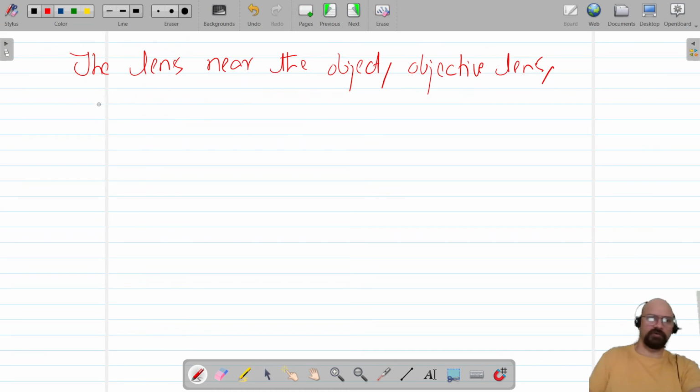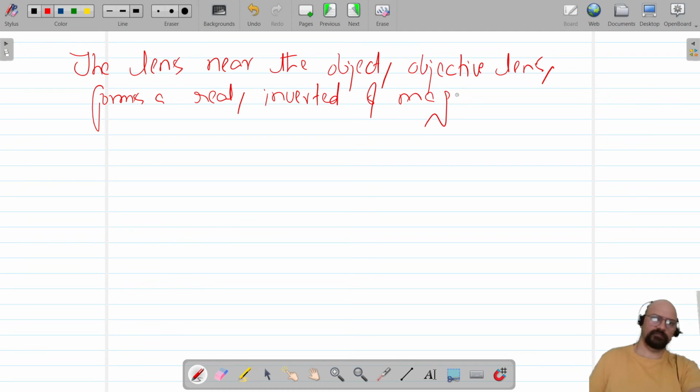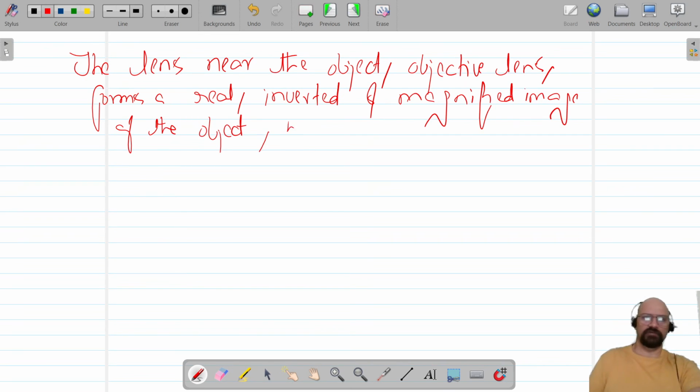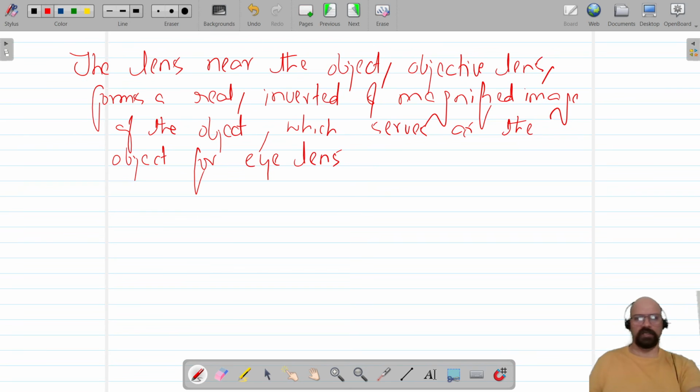It forms a real, inverted and magnified image of the object, which serves as the object for the second lens, that is the eyepiece, or eye lens, and